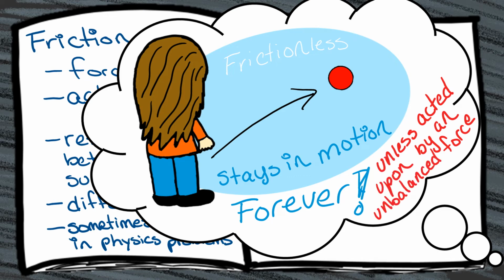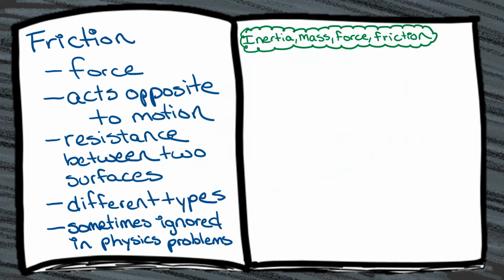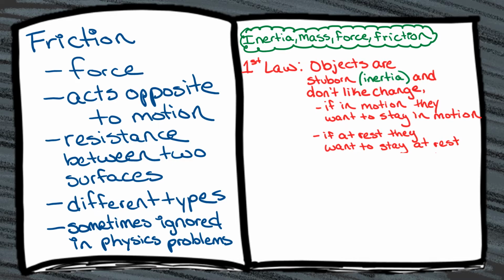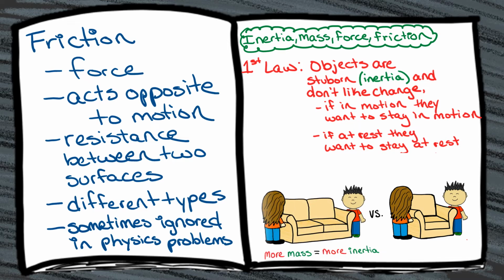Okay, now that we understand these key terms, we can now focus on the true meaning behind each of the laws of motion. What do you understand from the first law of motion? Good job, Alex. The object's resistance to change is referred to as inertia. That's right, Alex. The more massive the object is, the more inertia it has, which means the more resistance it has to change, meaning it's more difficult to make it change its state of motion.